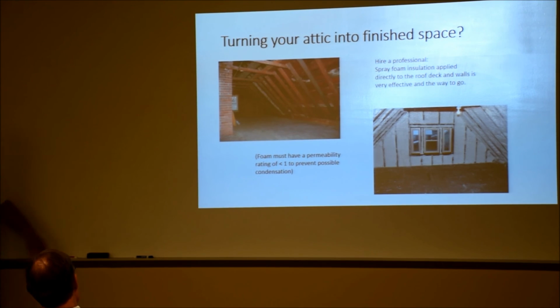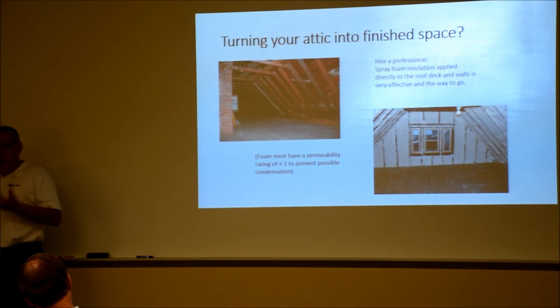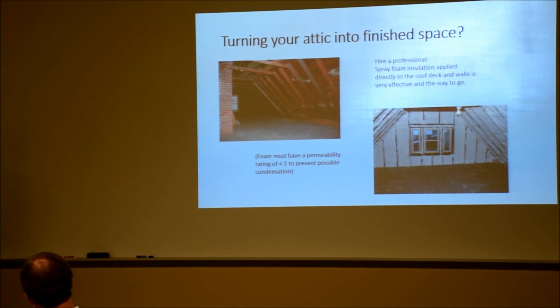The one thing I point out down here, I say the foam must have a permeability rating of less than 1 in our climate. That's to prevent condensation, vapor flow, etc. It's a little technical detail. If you think about something like this, you should keep that in mind. Yes, sir? If you're foaming directly onto the wood sheathing, correct? Yes. And there's no airspace then. Correct. And how do you reduce the humidity that's going to...